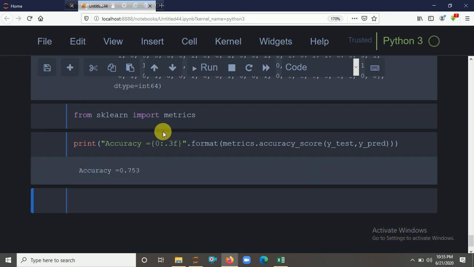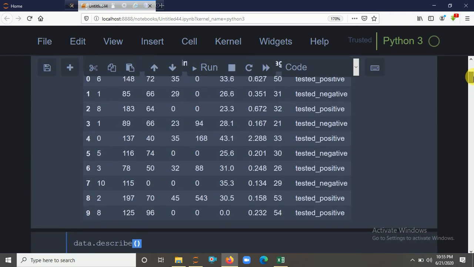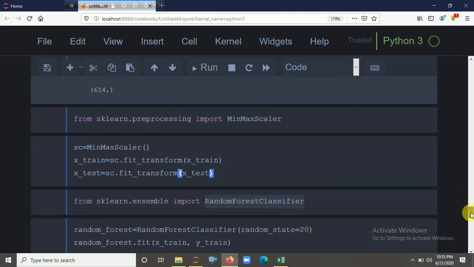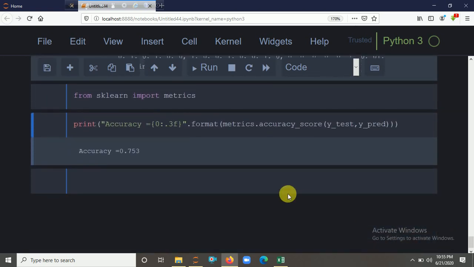Okay, so our accuracy is 0.753, not bad. So here's our prediction also. In the next tutorial, we will improve our model and raise our accuracy. In the next tutorial we use XGBoost for